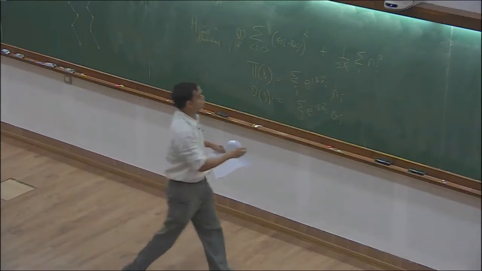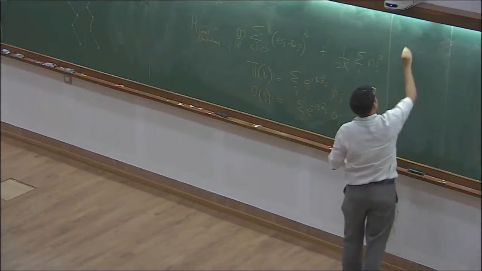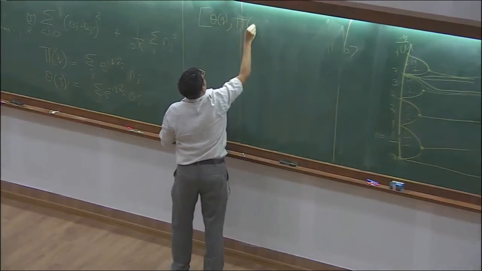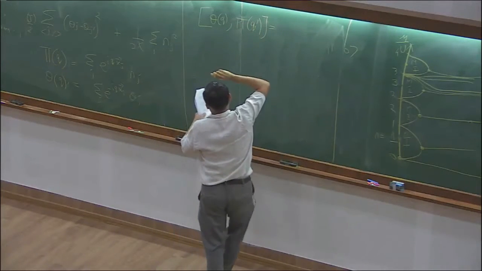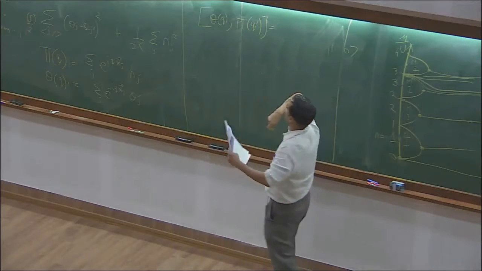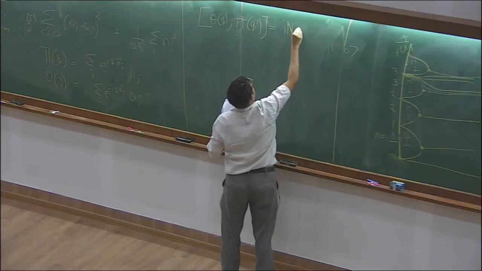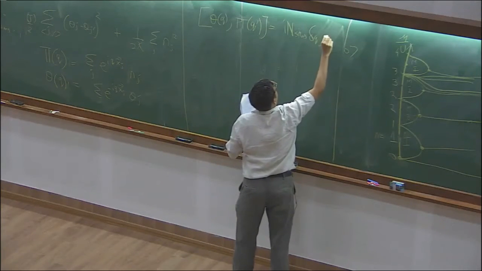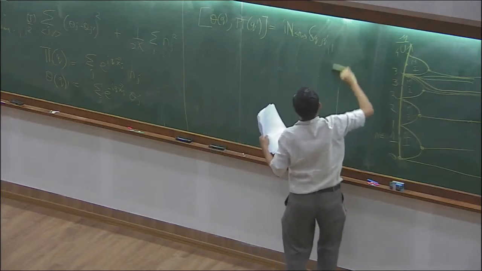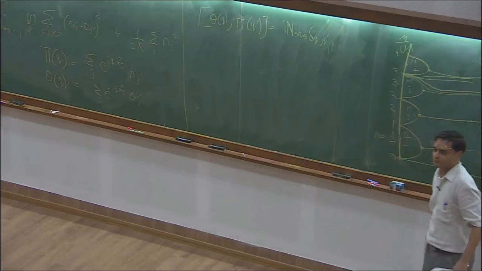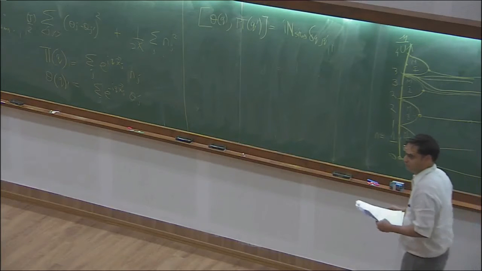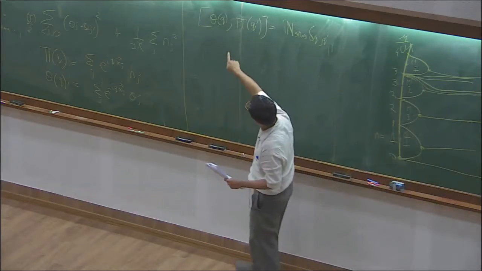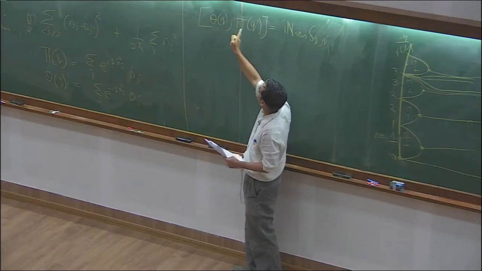If I do this, you should be able to convince yourself very quickly that the commutation relations between theta of Q and phi of Q prime in a big system of n sites is i n sites delta Q, Q prime. Okay? Using box normalization. And that's why I chose a minus sign. Otherwise, I would have had a nice commutation relation where Q and minus Q prime.